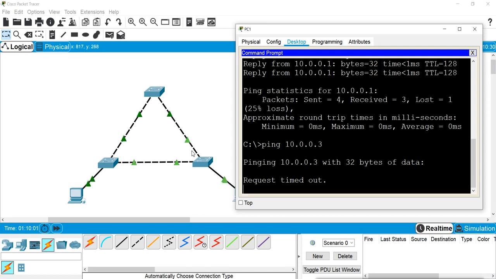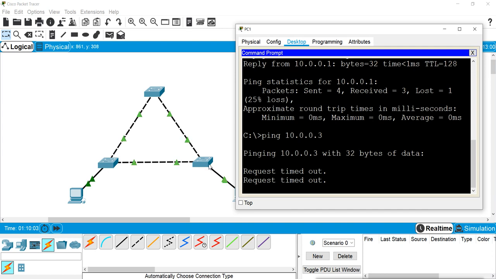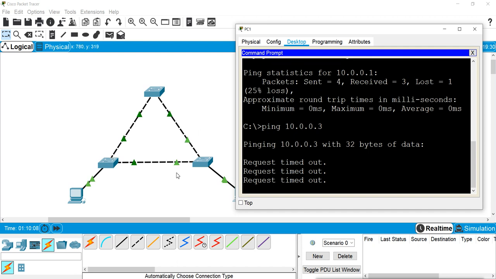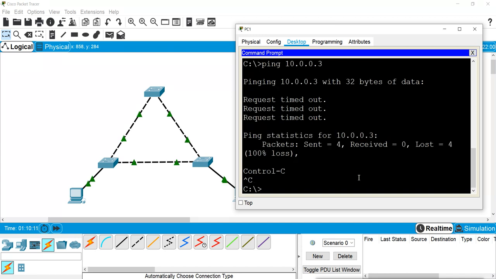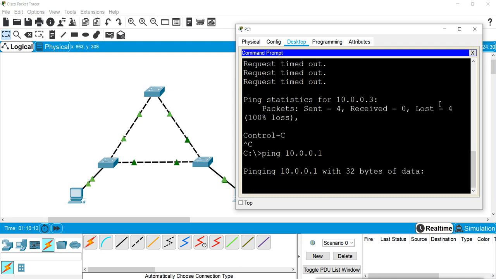That broadcast packet which I sent from this machine is now going everywhere and it is consuming the whole bandwidth. You can see the ports are blinking like this, and it's a broadcast storm there. Why? Because I have disabled the STP protocol and nobody can do any communication now. If I try to connect this machine to this other machine, it will also not be able to connect. It will also say timeout. Why? Because there is a broadcast storm.